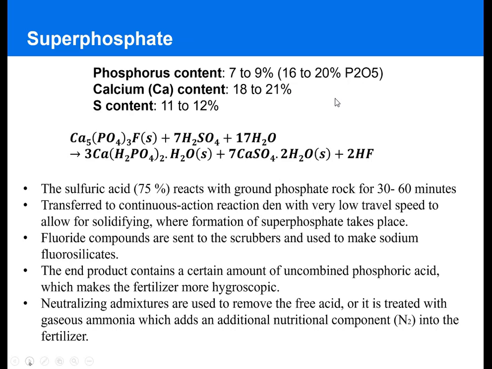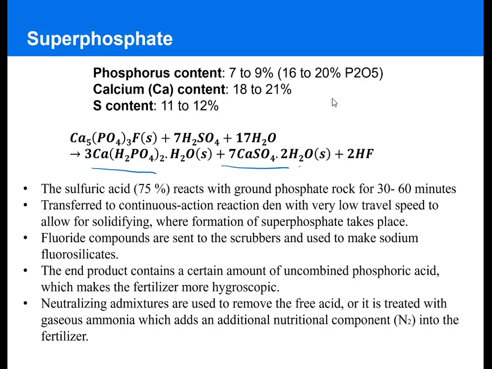We're going to discuss the manufacture of superphosphates in a little bit more detail. Superphosphates are major fertilizers as sources for phosphorus, calcium, and sulfur. And as we said, it's made by treating apatite with sulfuric acid to make the calcium dihydrogen phosphate and calcium sulfate mixtures. The sulfuric acid used in this step is 75% concentration sulfuric acid that is mixed with the phosphate